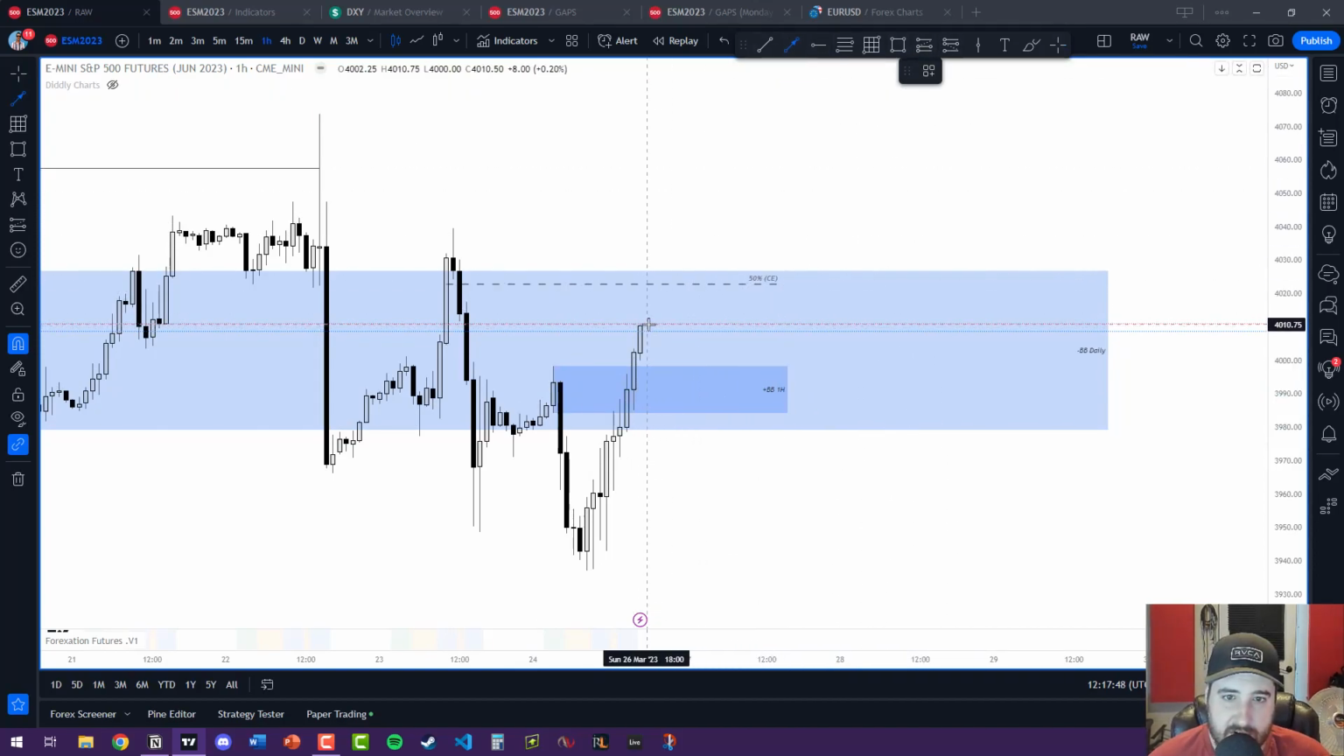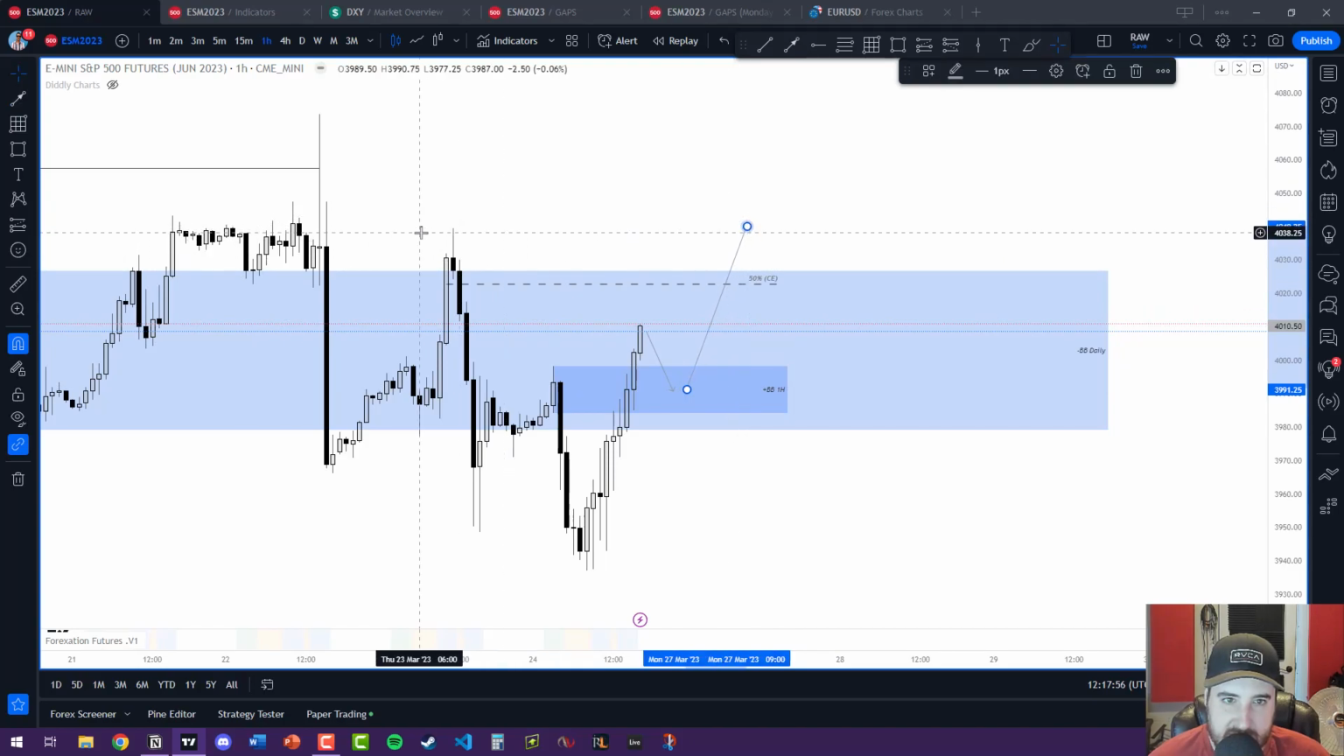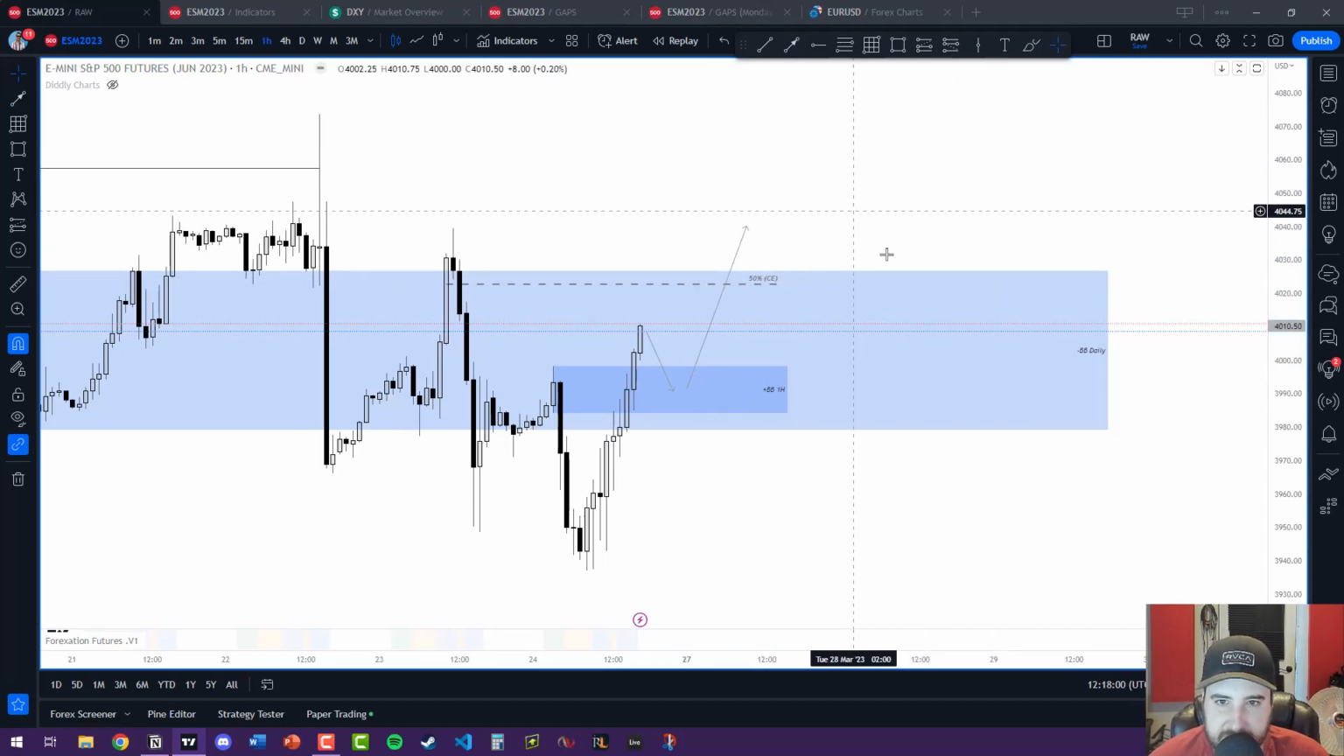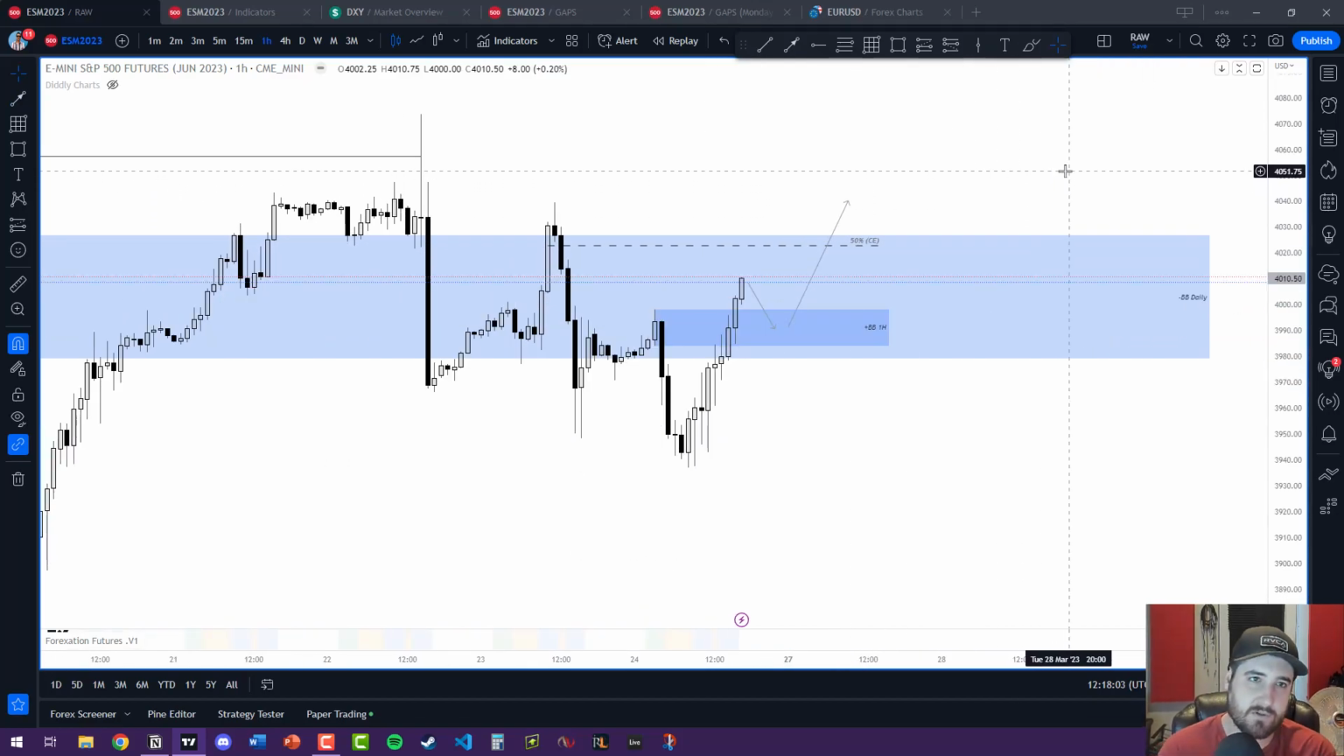again, if dollar goes up, this goes down, then we say the dollar is going to continue down. That means this is going to continue higher. Maybe we take out this liquidity here, this one, or even that one. So that's my bias for this week of trading for